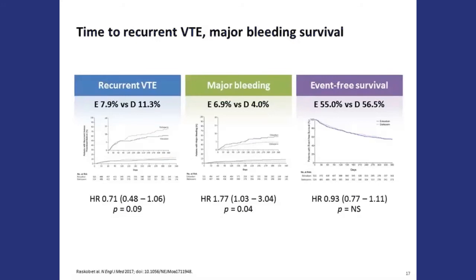So if we look at the recurring VTE line, I know it's a little bit small on this screen, but I think we can squint a little bit and see that at the 3-month mark, prior to that, the lines were completely overlapped. And then at the 3-month mark, it seems like there was this split. It was a non-statistically significant difference, but you can clearly see that one line is recurring more than the other line, and the top line is the dalteparin arm. So there were more recurrences on low molecular weight heparin after 3 months, which begs the question of what happened